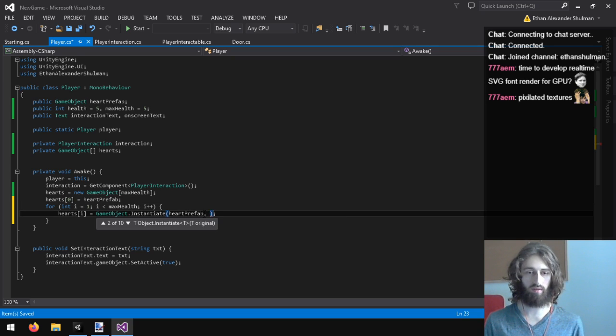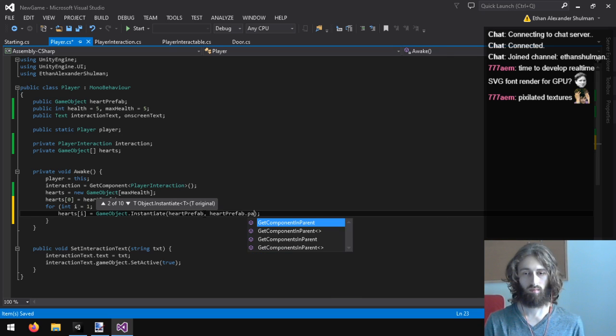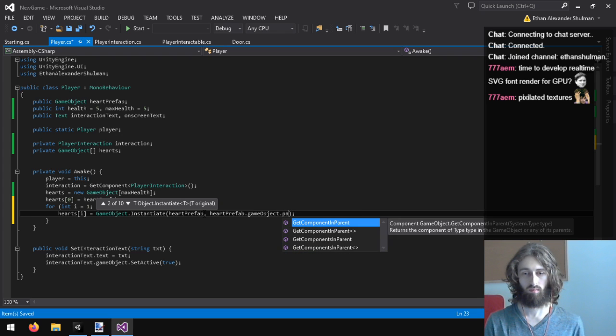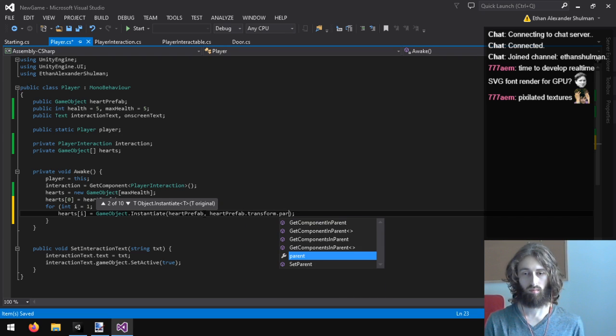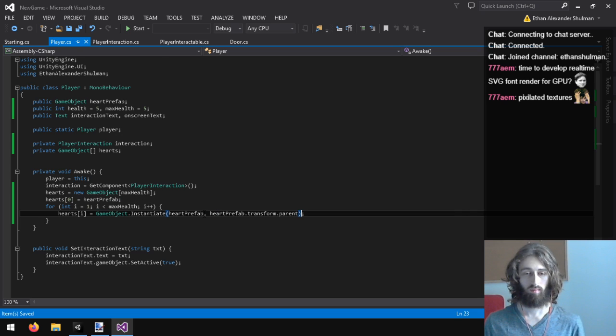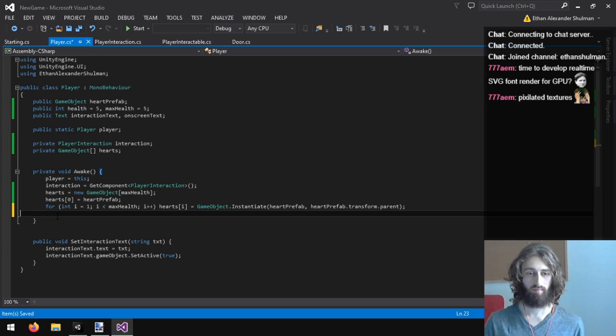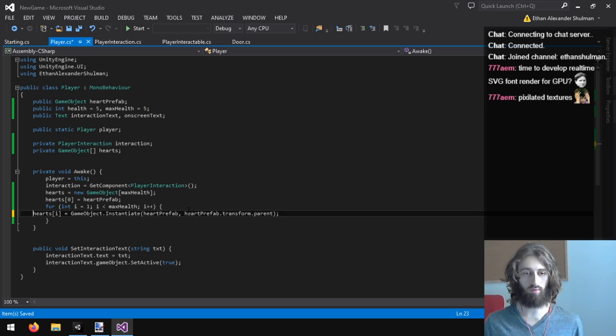Oh, okay, you can instantiate it with the parent. Nice. Oh wait, we also need to move them